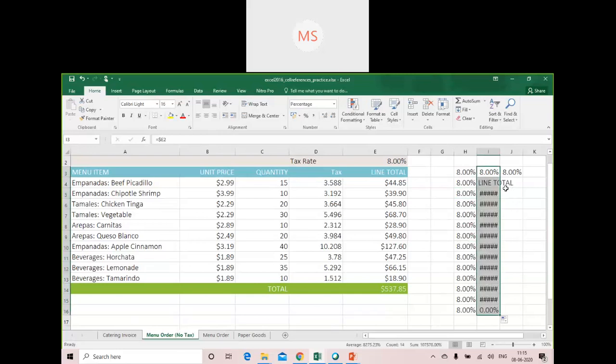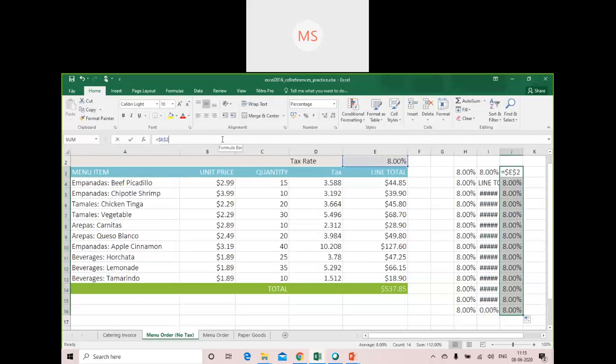It has not changed the column. The column will remain E only, but the row has changed from 3 to 4, 5, 6, 7 in that way. And when I use this other formula, it does not change in any of them because it remains constant. So this is how you can make use of cell references.